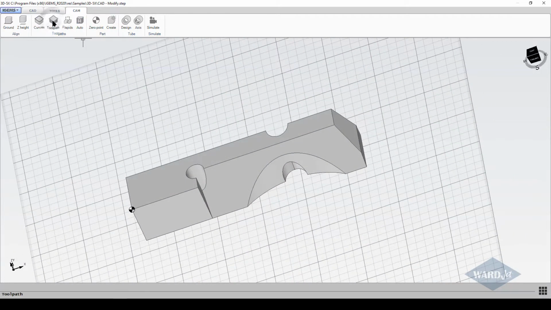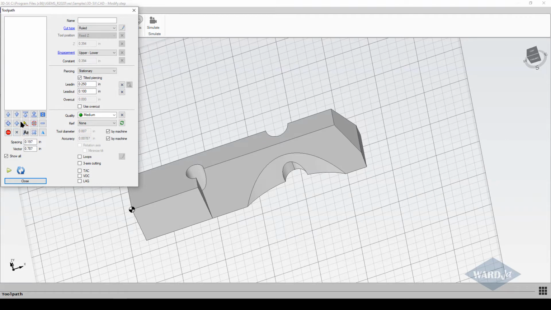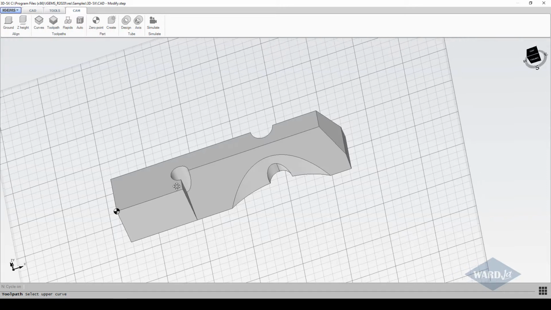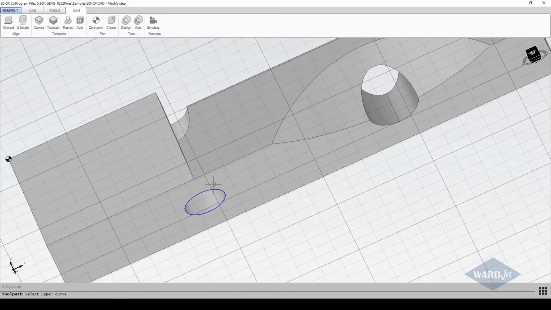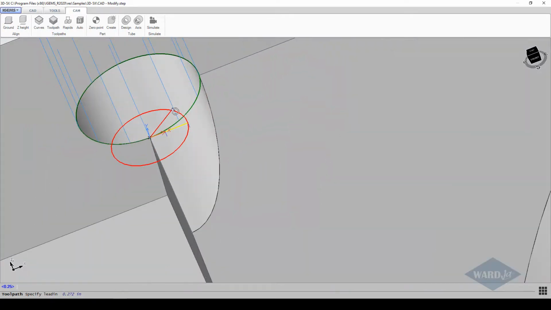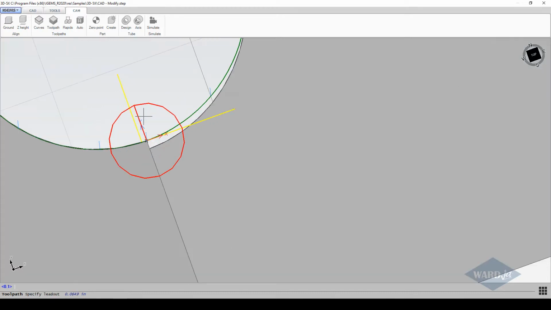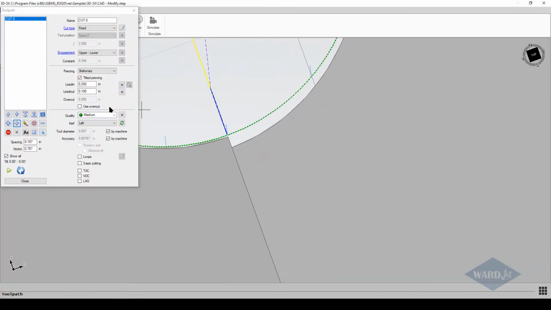So now we'll go to toolpath, and we'll go ahead and click on plus, and upper curve, I'm actually going to pick this curve at the bottom because right now that's the only curve I do have, and then click where I want to do my pierce and hit enter to go all the way around, and then which direction I want to go around the cut. And now it's looking for information about the lead in and lead out. So I'll go ahead and give myself a bit of a lead in, so my cursor snaps in, that line snaps in at that point there. I hit enter, and then if I want to give myself a little bit of lead out, can hit enter there. And then if this is water only, probably don't really need any lead out,